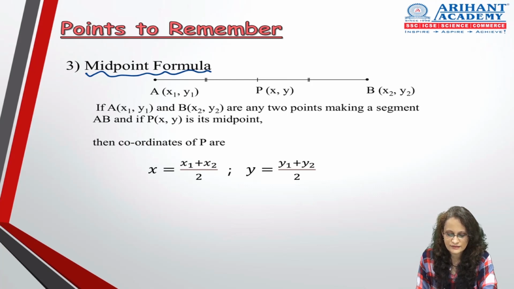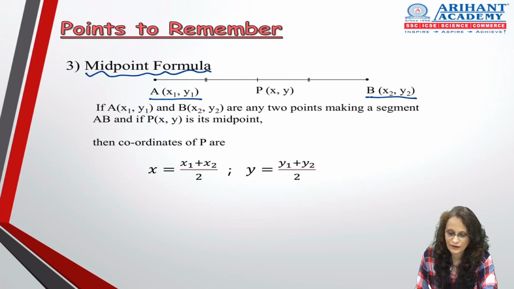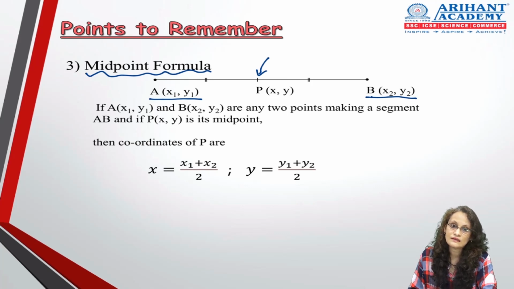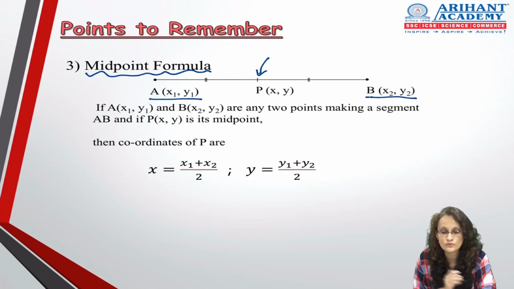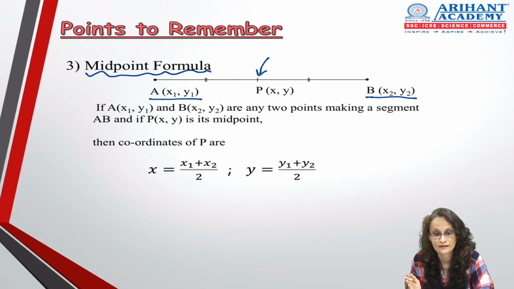So again you can see the diagram where A is x1 y1, मतलब A के coordinates मैंने x1 y1 ले लिया. B coordinates I fix it as x2 y2, और इसमें आ गया हमारा point P which is x comma y. अब you may feel this diagram is very similar to the previous one. वहाँ भी A x1 y1 था, B x2 y2 था and P was xy.